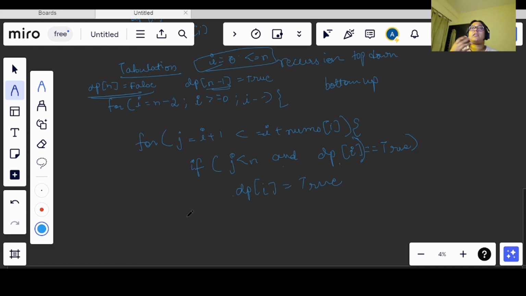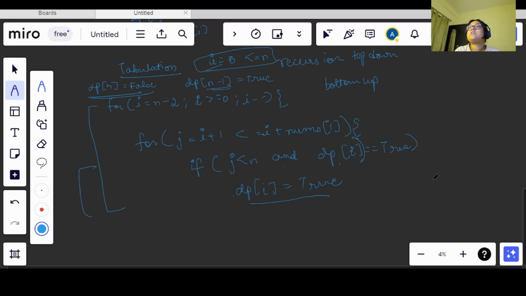We are only checking the condition. If we are getting our true value, it means we are reaching the last index, and we are simply flipping that value to true. So we don't have to check for false conditions here, as initially we have initialized the entire dp with false only. So we will only change the value of dp to true and we will complete out of this